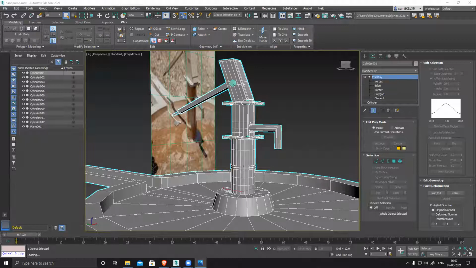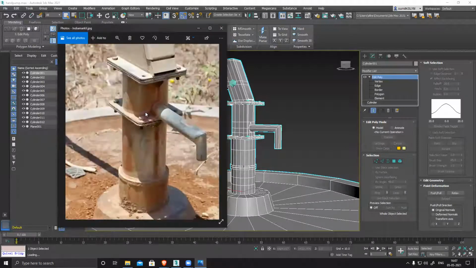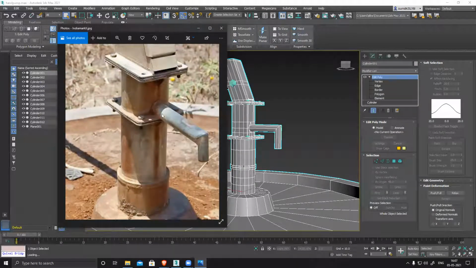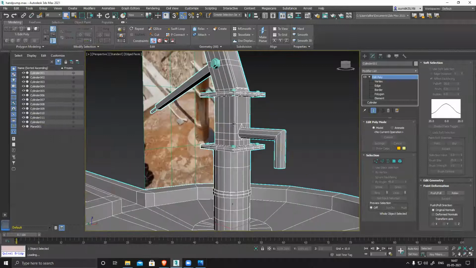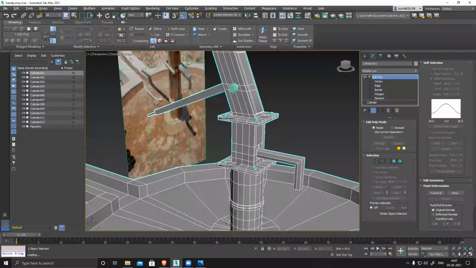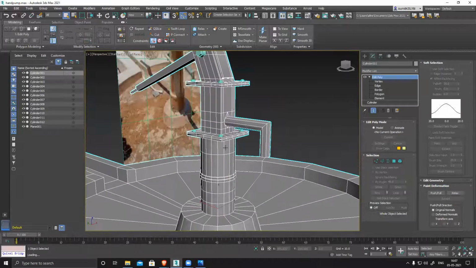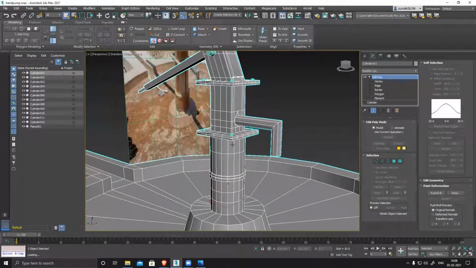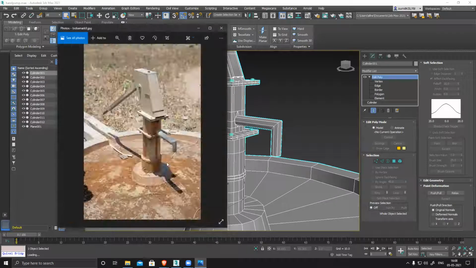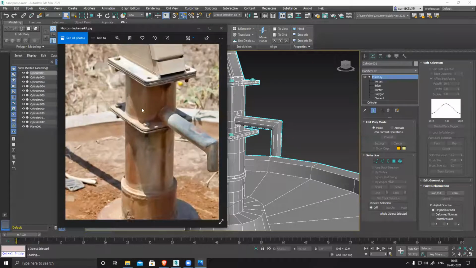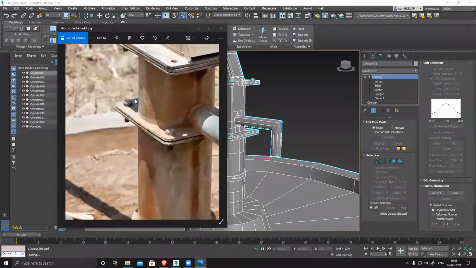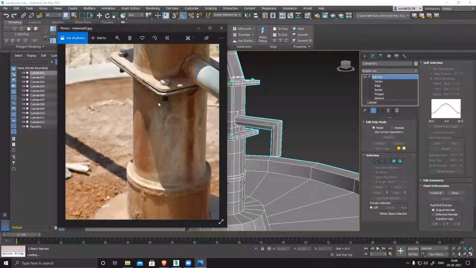I believe this looks fine. Only one thing I'm concerned about: the section from where this outlet is connected is also cylindrical in shape, but here it's rectangular. The rest looks nice. I saw the image and thought it was rectangular because of the sunlight falling there, but it's a curved shadow.